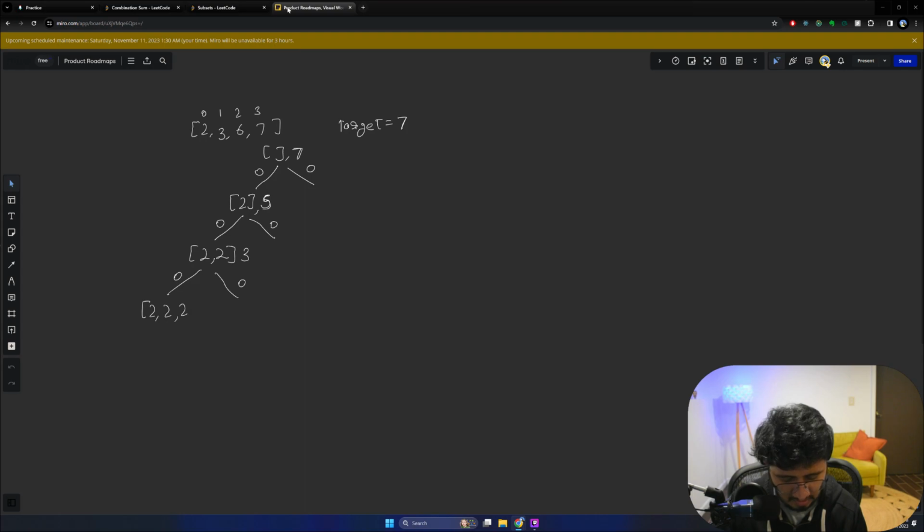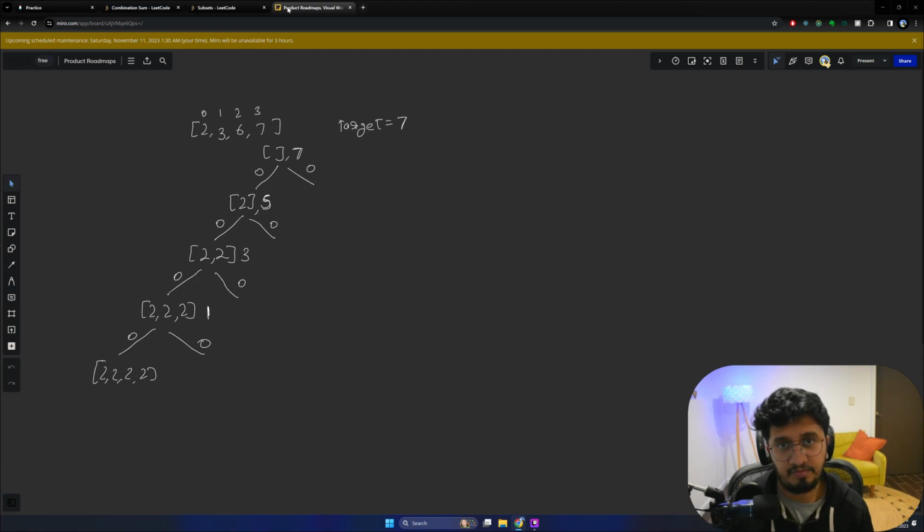So at this stage our answer will be 1, and next time if we take 2, 0 and leave 0, so 2, 2, 2, 2, and the answer would be -1, right? So at this stage we'll say this whole branch of tree was a waste of time and we cannot go any further than this. So we'll stop here and then we'll backtrack, and when we had just 2, 2, 2, what